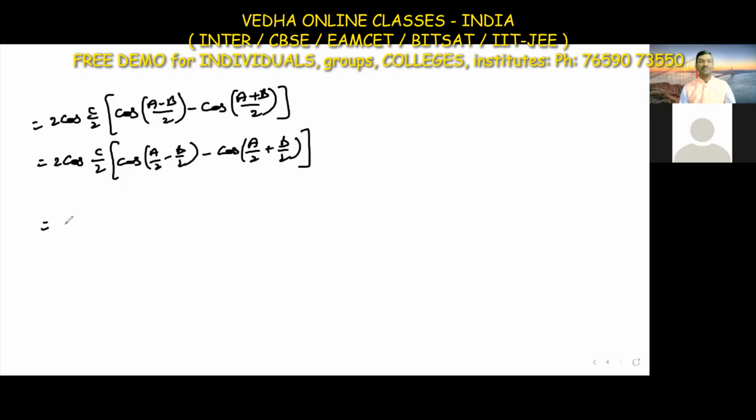What is the cos (A plus B) formula and the cos (A minus B) formula? Sir, cos A cos B minus sin A sin B. Yes, for here it is plus. So the cos formula is cos cos, sin sin. Cos (A plus B) means cos A cos B minus sin A sin B. Cos (A minus B) means we get plus: cos A cos B plus sin A sin B.